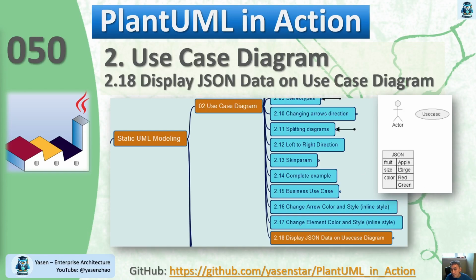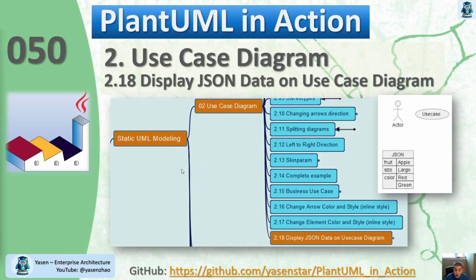Here, if you have a JSON file, we can put such a JSON table into the use case diagram. So within one picture or one diagram, you can show both the visualized elements as